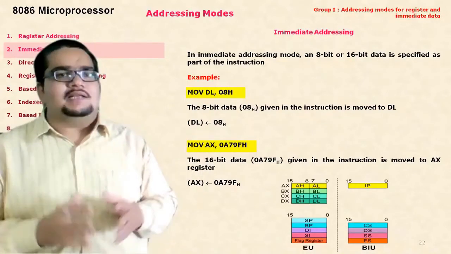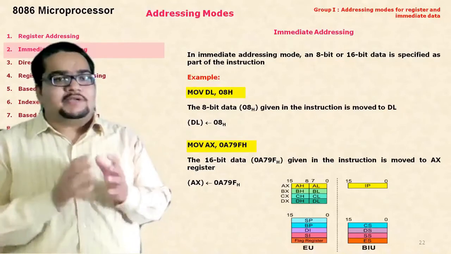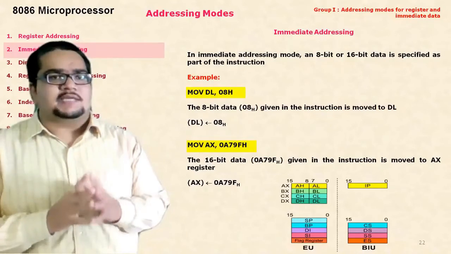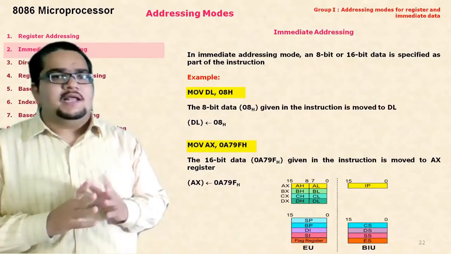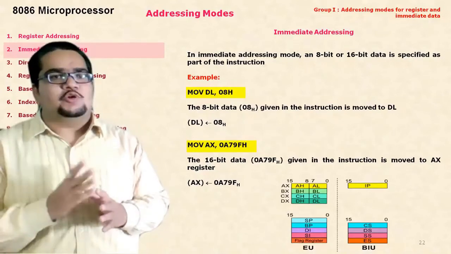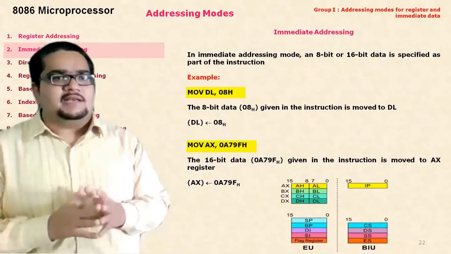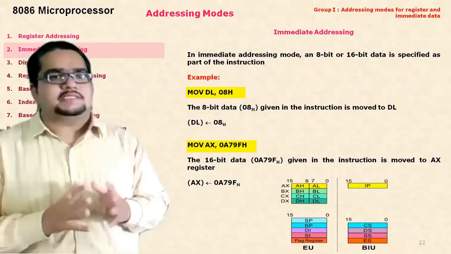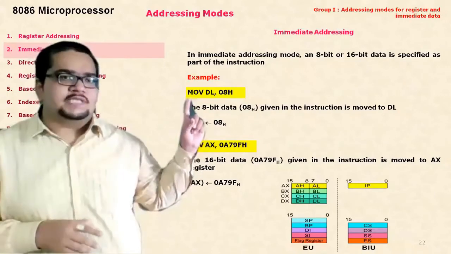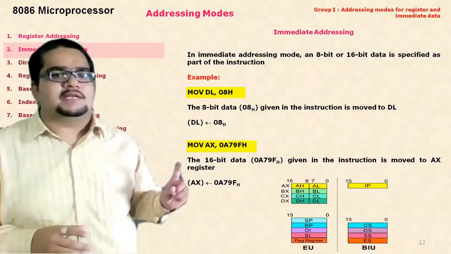Otherwise, you can write ADD DL, 08H. That time it will add 08H to what is already in DL. Suppose DL contains 02H already, and you now add 08H to it. If you write ADD DL, 08H, then after adding, your DL finally contains 0AH. Okay, 8 plus 2 is 10 decimal, and 10 decimal in hexadecimal is AH. So 0AH will be stored into DL if that instruction is ADD, assuming earlier that DL contains 2 in it already. Anyhow, one more example of the immediate addressing mode, you can find here.